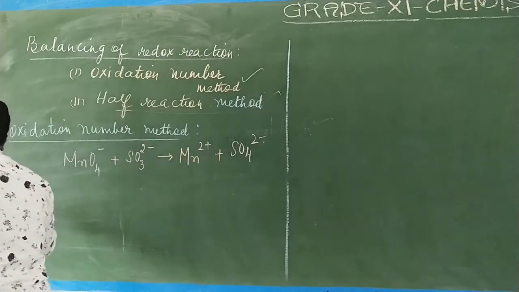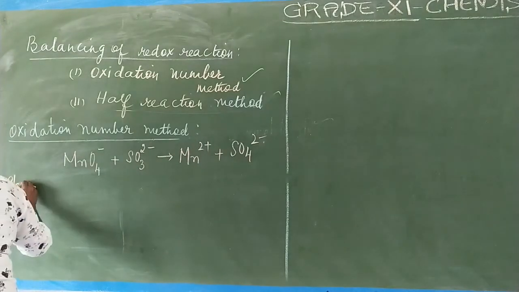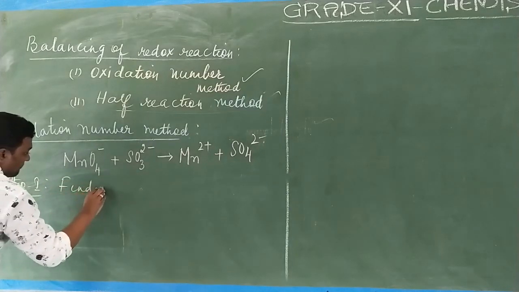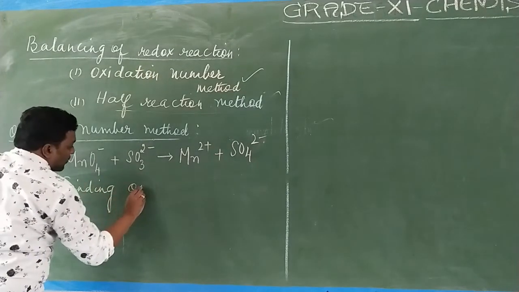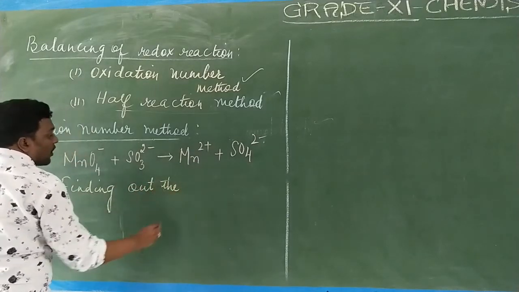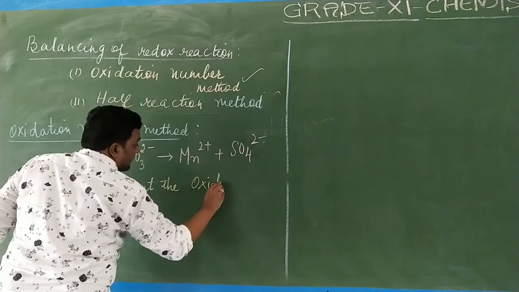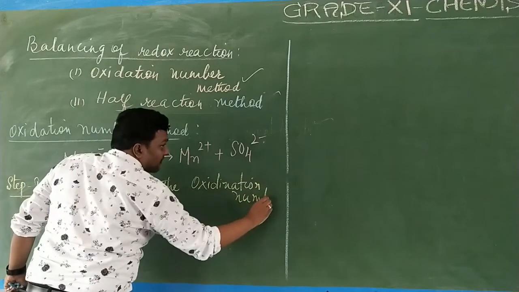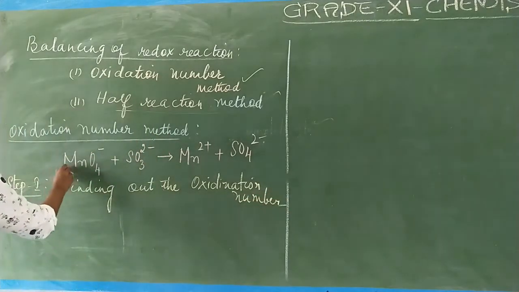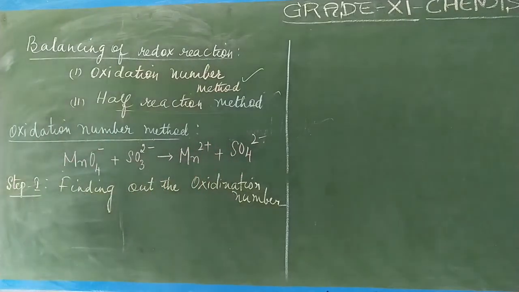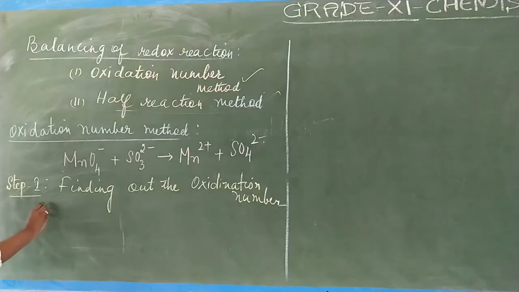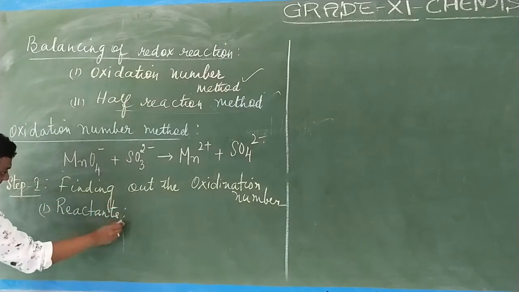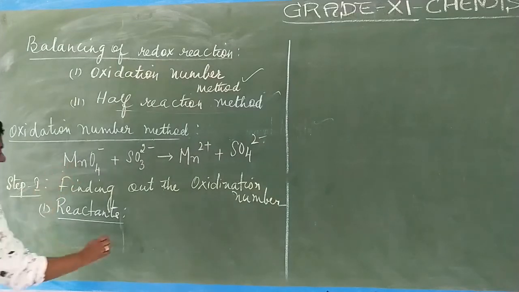So now balancing the answer. The first step: what is the first step? We have to find out the oxidation number for the reactants as well as for the products. First we will carry it out for the reactants. What are the reactants we have? The first reactant is